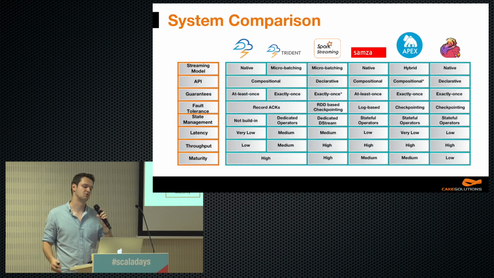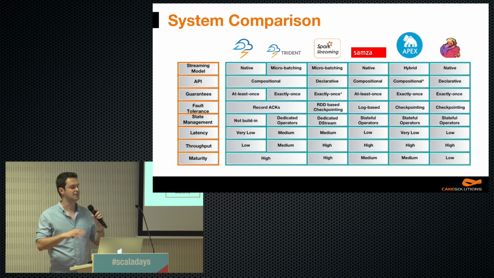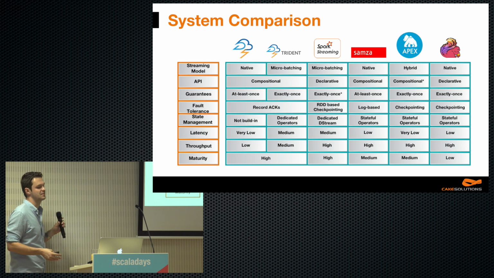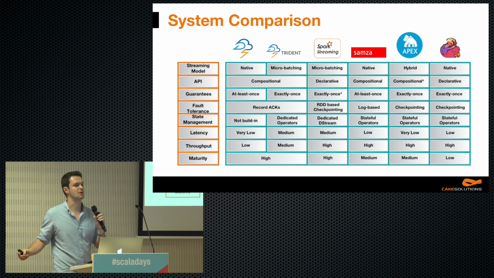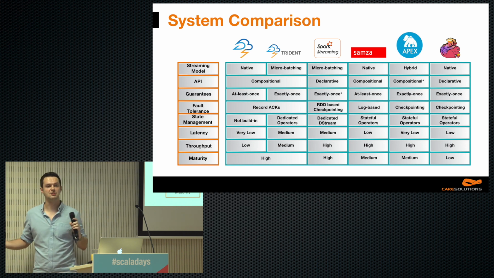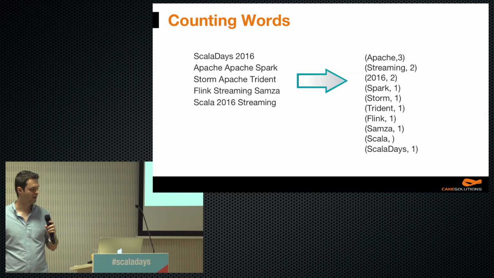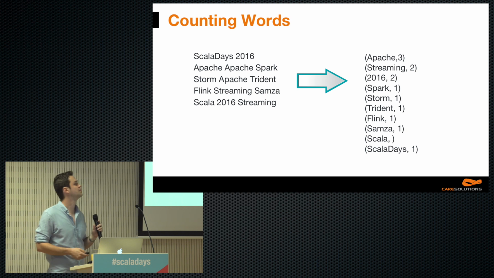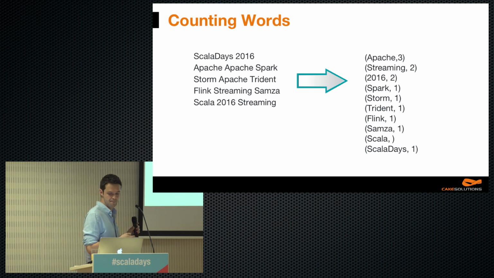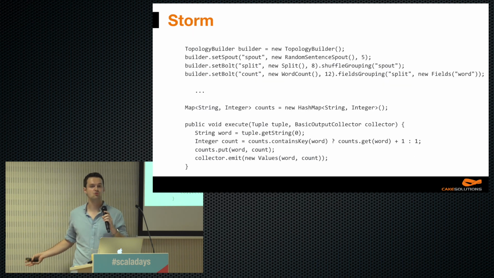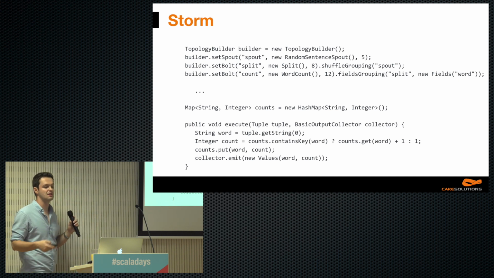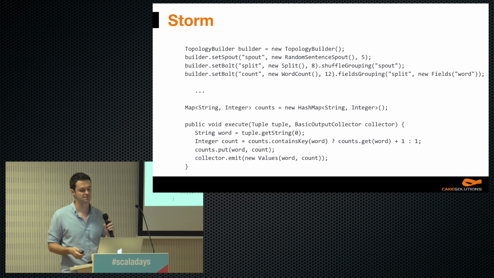So that was a quick introduction of the systems, and as you can see in the table, they do have pretty different traits. Now let's take a look at code samples, and of course, nothing is more important than counting words. You know, word count is something like the hello world of data processing. So let's start with Storm. And please note, the example was simplified significantly.